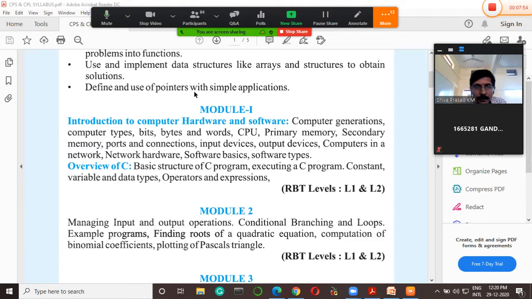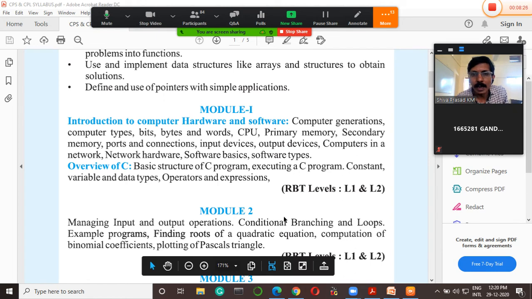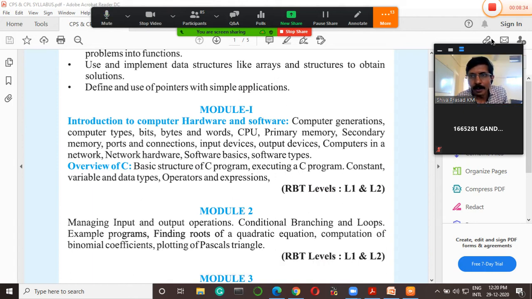Along with that we will be discussing some important problems which are most essentially needed for you, like quadratic equation, binomial coefficient, Pascal's triangle. Along with this we will be discussing some more basic problems, like how to identify whether A is greater or B is greater, or whether A is smaller or B is smaller. There are different problems which I will be discussing with you in the upcoming classes related to those concepts. So this is what module 2 is, and module 2 also carries the same weightage as module 1. Module 2 also contains 20 marks as weightage for your main examination.